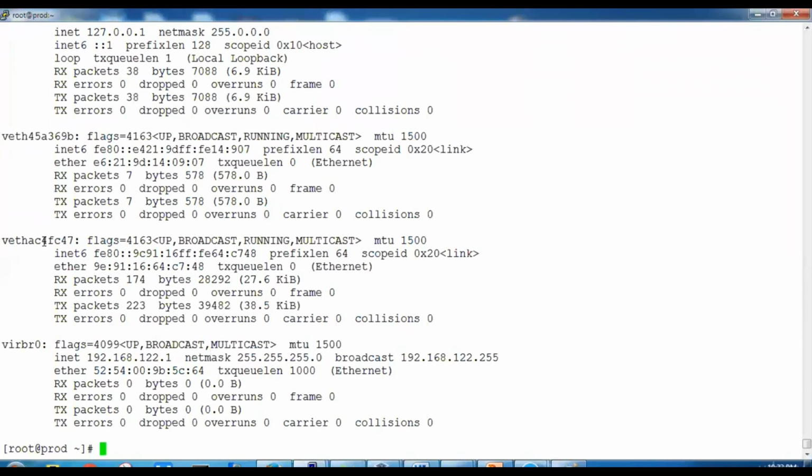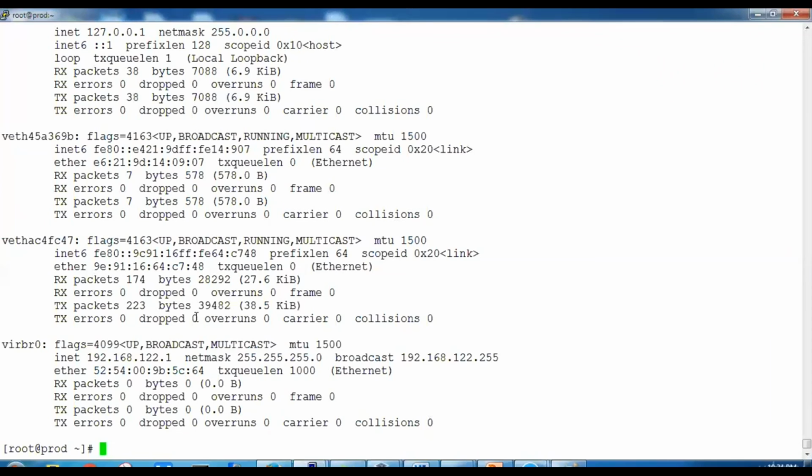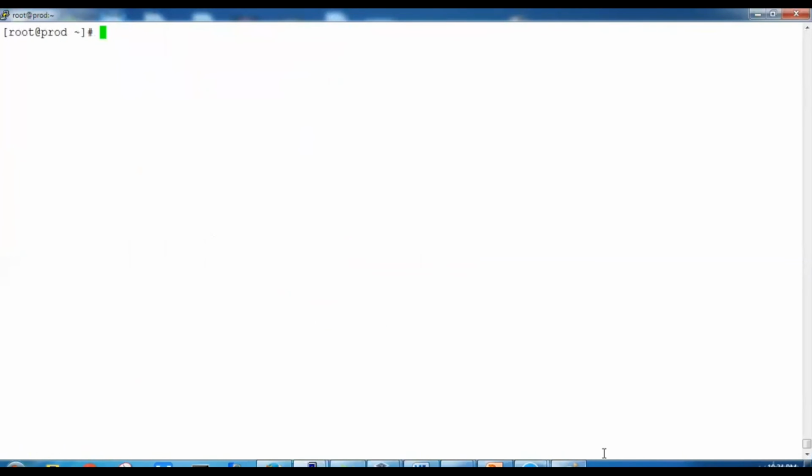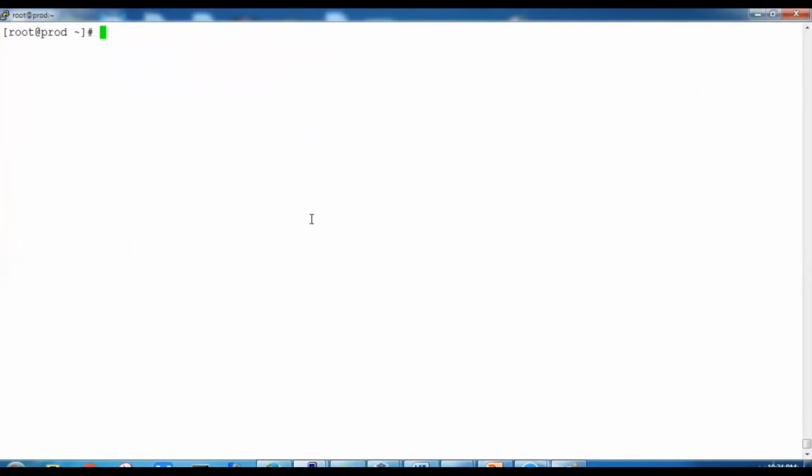We'll see here that now we got one more interface, which we discussed. Initially we got one, now we got another one, and this other one is for node 2. All right. So in this way this whole networking takes place. We just have to keep spawning the number of containers. It will keep creating virtual NICs for us, and it will attach the container interface to our bridge interface. Now, an important thing is if someone wants to create a container without a network.